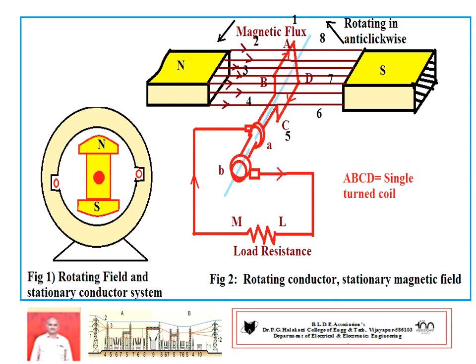After some time, the coil surface reaches position 2. Now, the rate of change of flux linkage linked with the coil goes on increasing. Hence, induced EMF also goes on increasing. Finally, it reaches the maximum when the coil reaches position 3. Position 3, in angular manner, is 90 degree. At this condition, the rate of change of flux linkage with the coil surface is maximum. Hence, maximum EMF is induced.